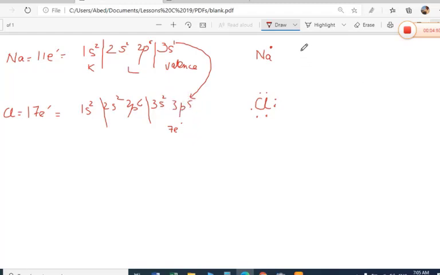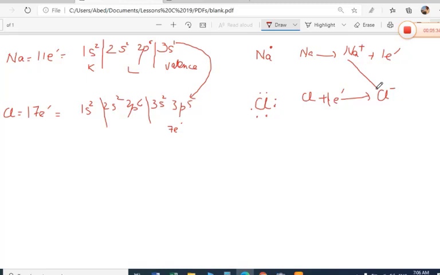So if we write here the sodium, if it loses 1 electron, it becomes sodium positive, that is called cation, and one electron is lost. And the chlorine atom gets one electron, so it takes one electron and becomes chloride ion, that is anion. So then this sodium will be attracted by this negative chloride and sodium chloride will be formed. So this is the method of bonding, that is called ionic bond.